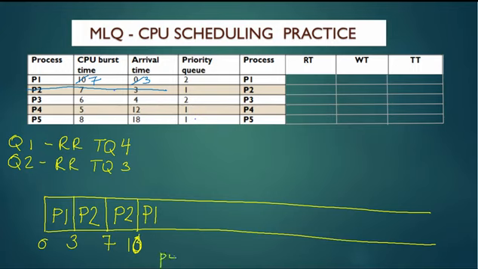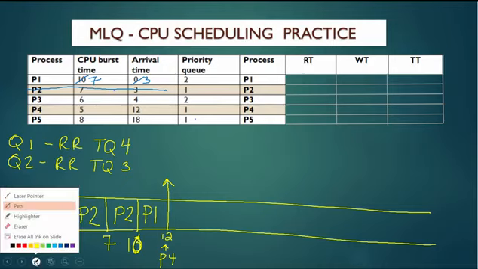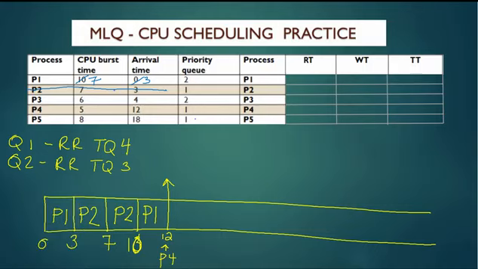So P4 is going to arrive at time 12, and at time 12, P1 is going to be preempted, not for time quantum, but because a higher priority task has arrived. So what we need to do now is mark here that P1 has a new arrival time at time 12, and has completed 2 more of its CPU bursts, so it has 5 time units of CPU burst left. So now the current time is 12, and since P4 is a level 1